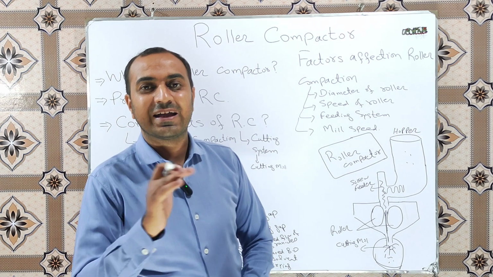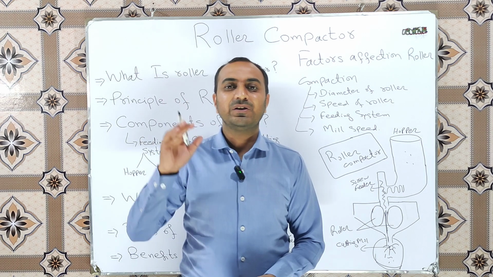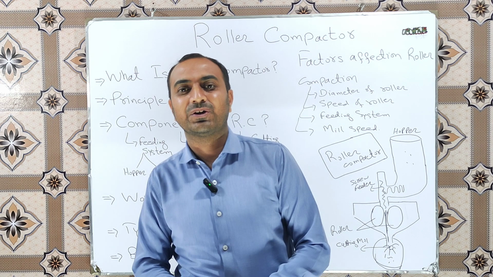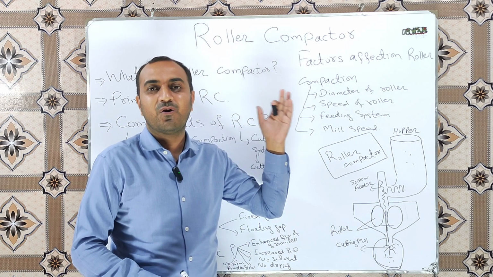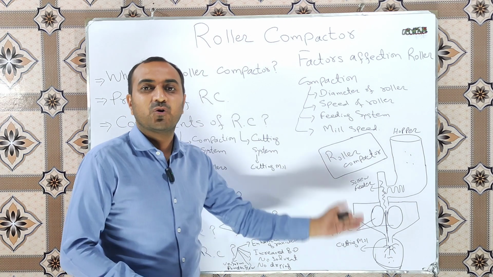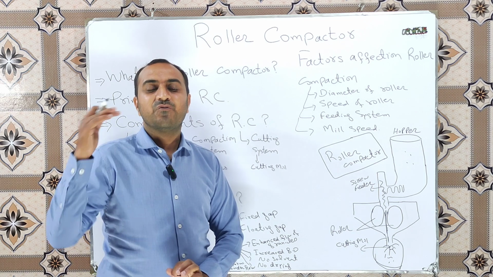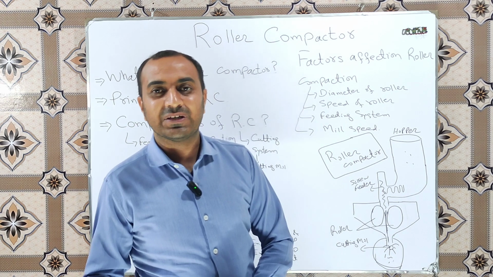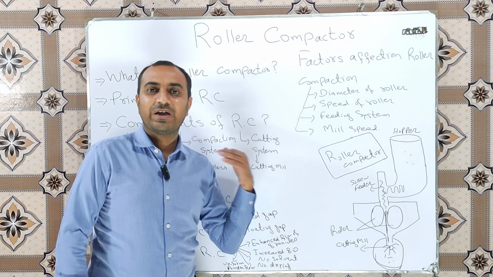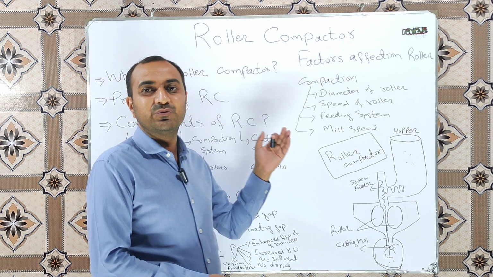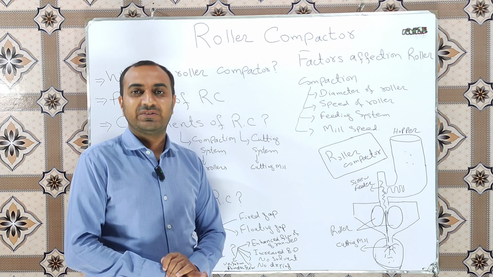One question may arise in your mind: we use the wet granulation method or slugging method for the manufacturing of granules, so why are we using the roller compactor, or when do we use the roller compactor to manufacture the granules? Meaning, when will we use the wet granulation method and when will we use the roller compaction method.